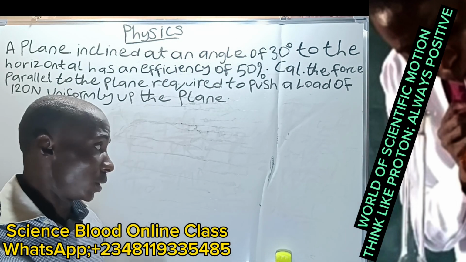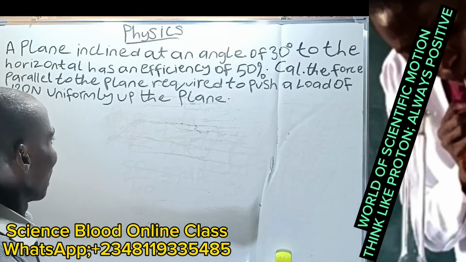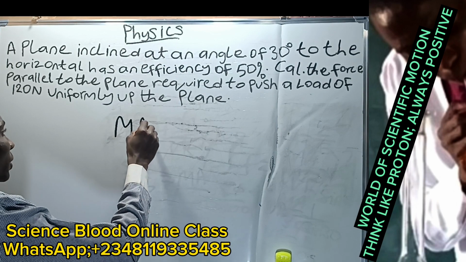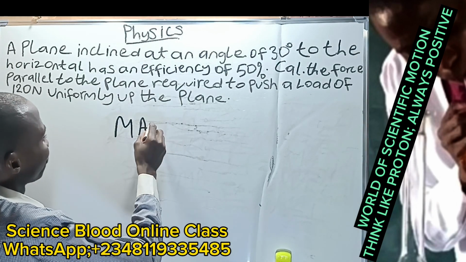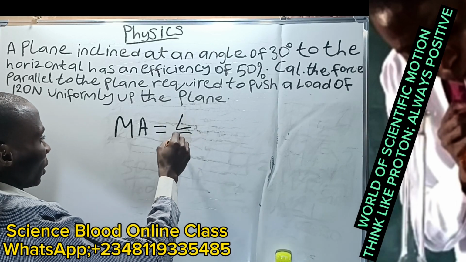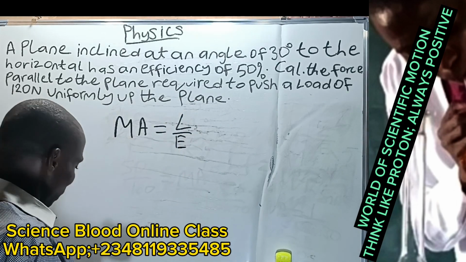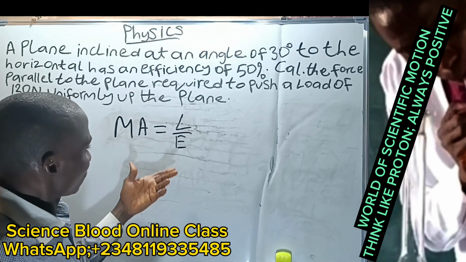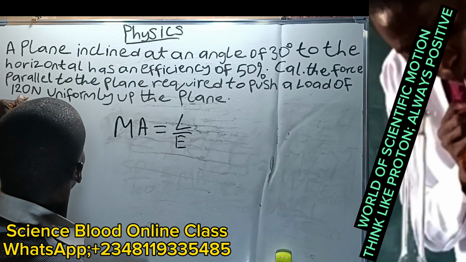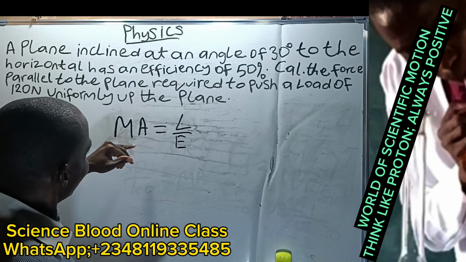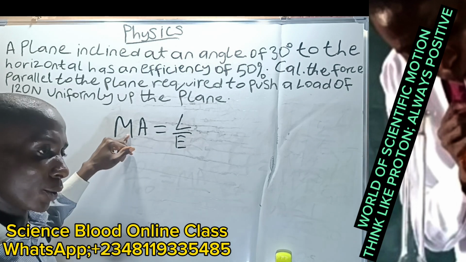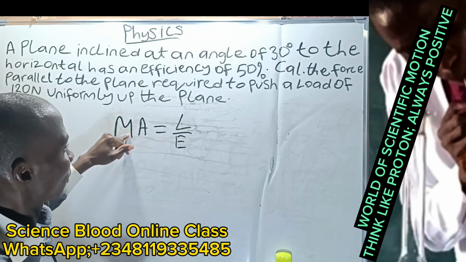So for us to solve this, we are going to apply the formula which says that MA, which is mechanical advantage, equals load over effort. Now, from the question, load is given, which is 120 Newton, but mechanical advantage is not given. So how are you going to do this? To solve it,